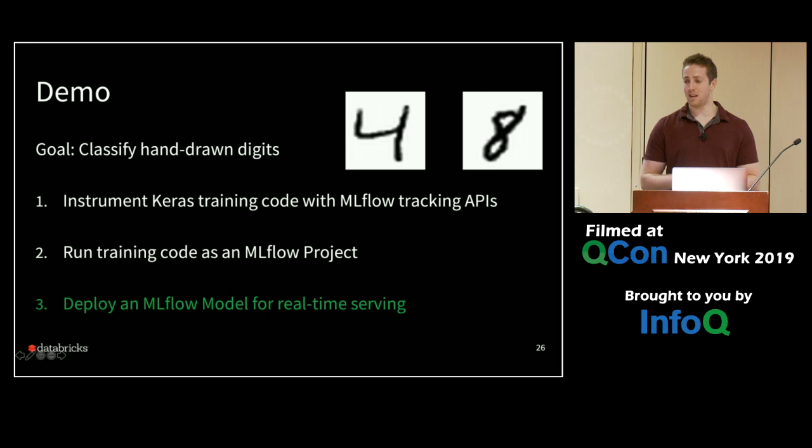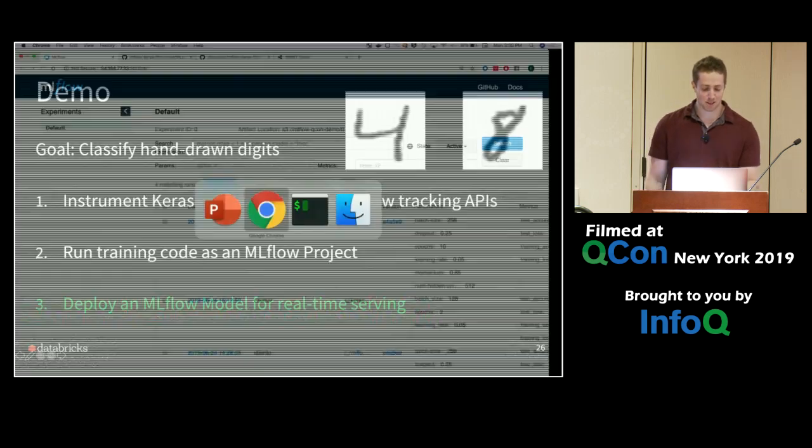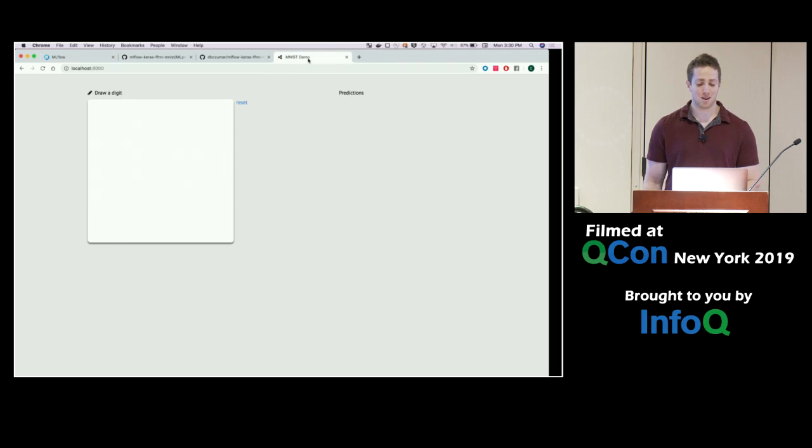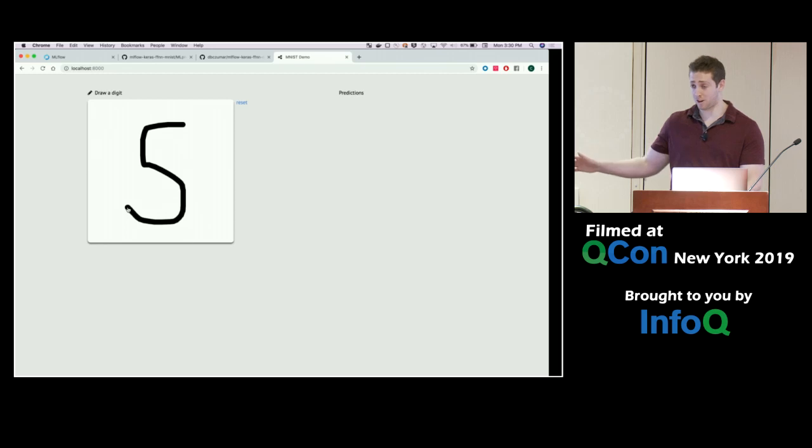Now I'd like to return to our demo and see how we can deploy an MLflow model locally for real-time serving. The first thing that I'm going to do is hop back into Google Chrome and pan over to this simple web app for hand-drawn digit classification. The goal here is to be able to draw a digit, such as 5, and forward predictions to a hosted model. Now you'll notice this doesn't quite work yet because we haven't actually hooked up a model to that web